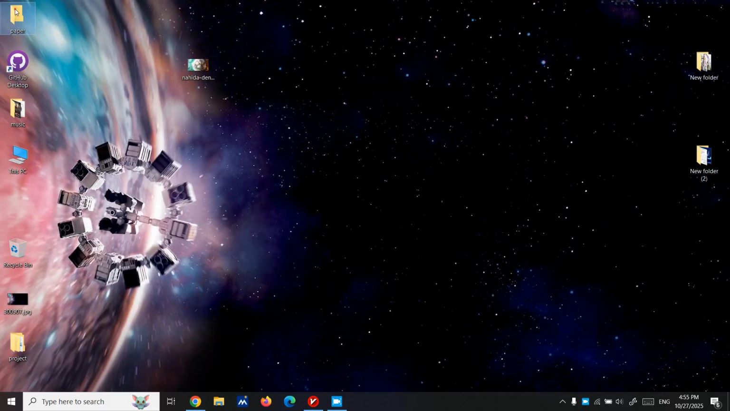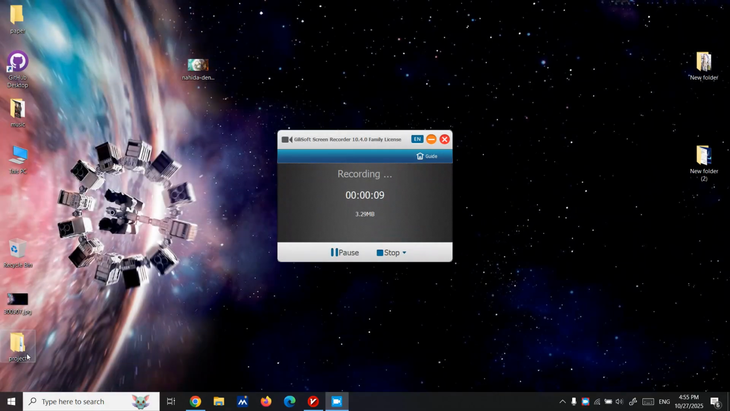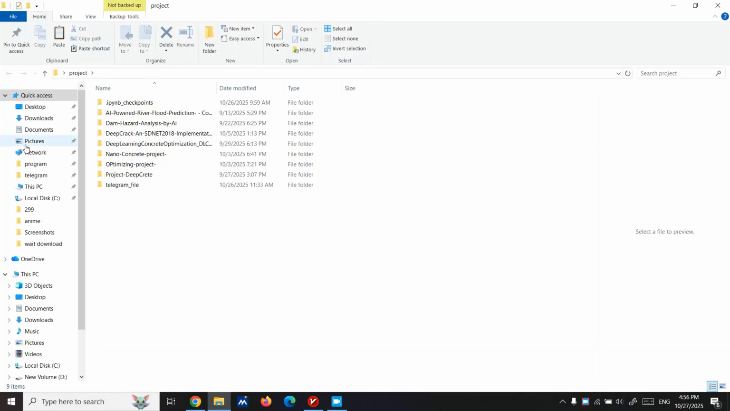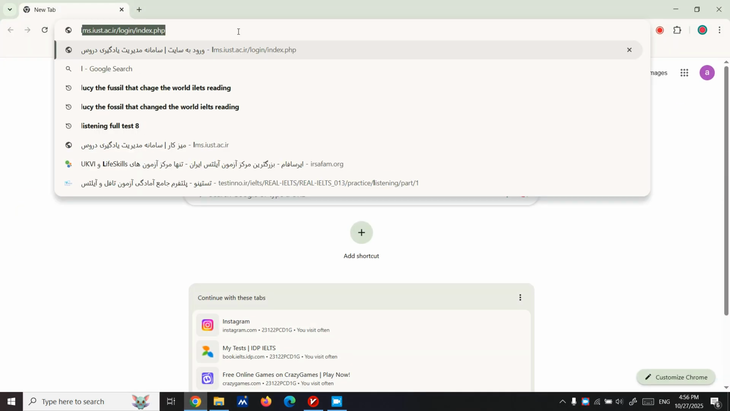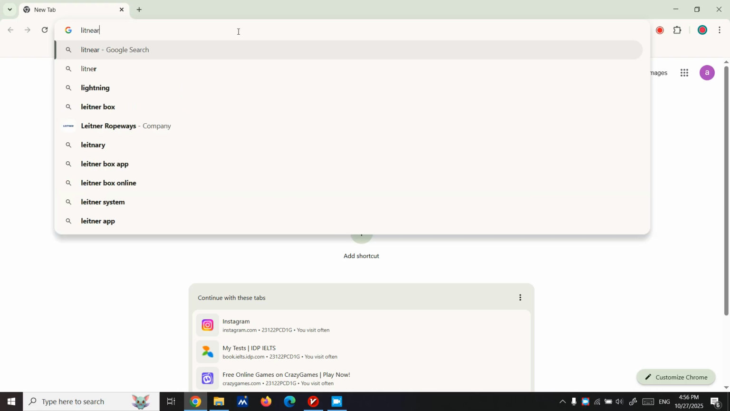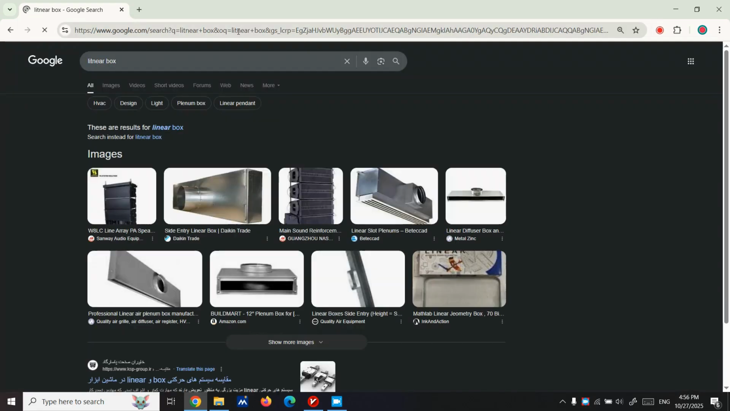In the previous lessons, we tried to create something amazing on paper. But today I'm going to put a stop to that and create a Leitner Box. I hope you know what a Leitner Box is. If you don't know, let's just search for it. I'm going to create a Leitner Box for